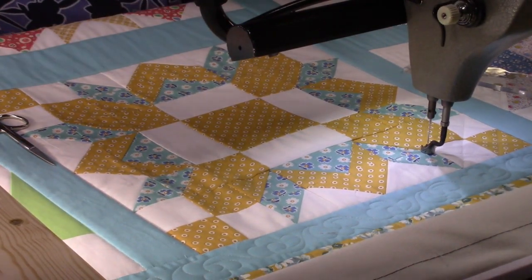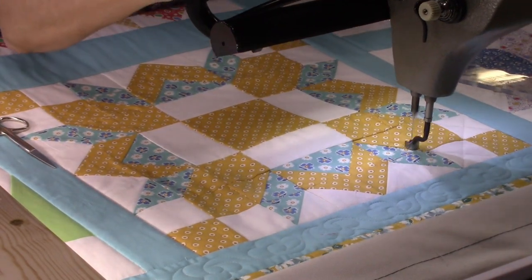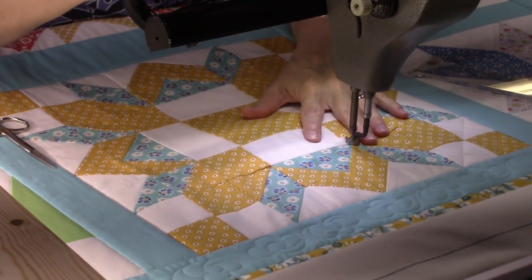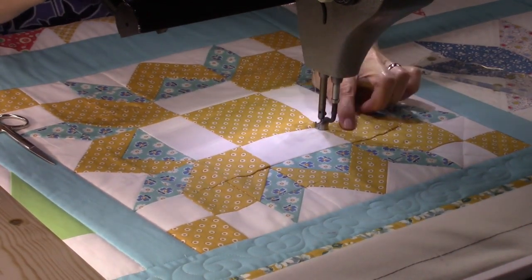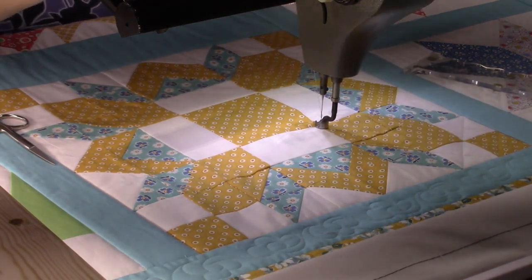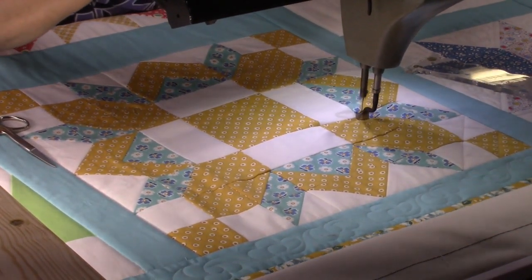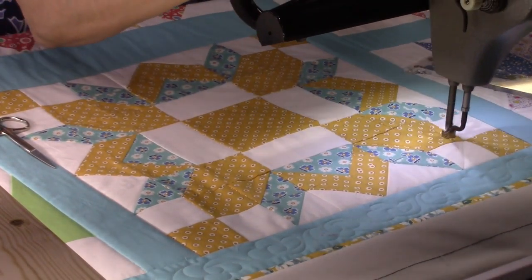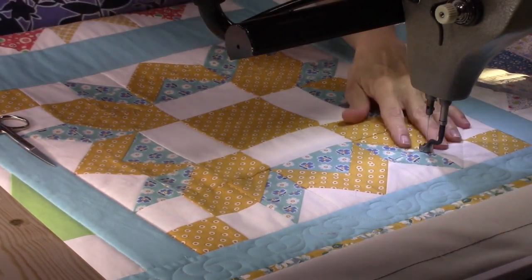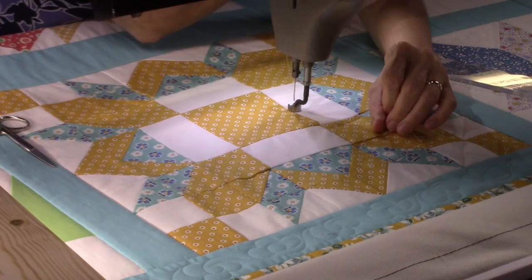Continuous curve, and then I'm going to do continuous curve also in here. So I'm going to go ahead, and then what I want to do in here to fill in is do a little flower, but I need to kind of get all the way around before I do that so I know how much space I have to work with. And I'm going to go ahead and break thread. I could just stitch in the ditch there, but that would kind of break up the